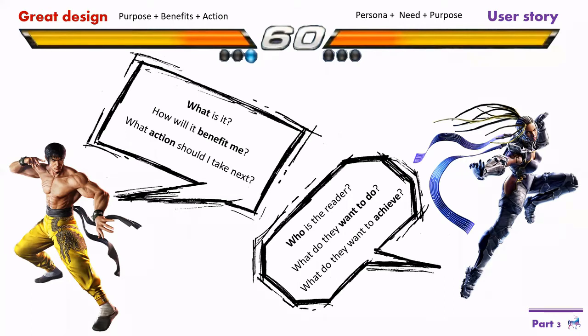What do they want to achieve? And even though this might look very different at first sight, it's actually very similar. I would say the only difference is what it is and who the reader is. Because for UX, it should be self-explanatory at first sight, when you, for example, visit a website,